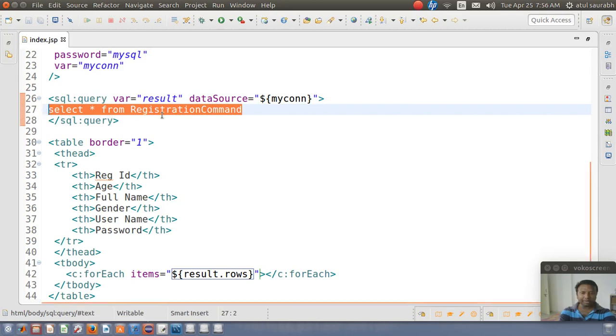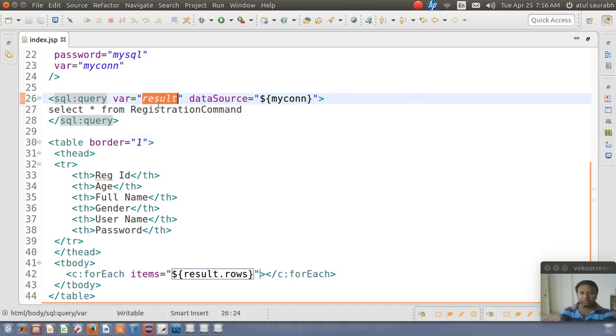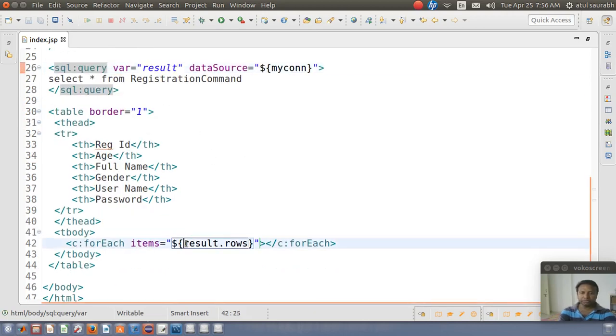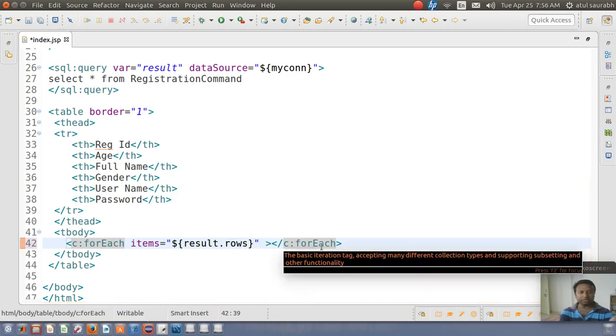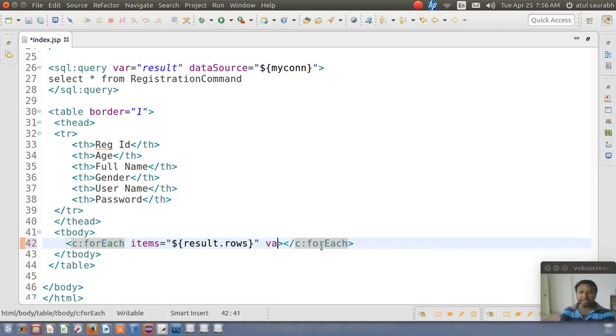So if this query is executed, we are getting some of the rows from the database, and that set of rows is represented as a result set in Java. So we are trying to fetch each row from this result set. We are trying to iterate each row from this result set. That means the row is fetched one by one, and then each individual row is represented by this row variable.